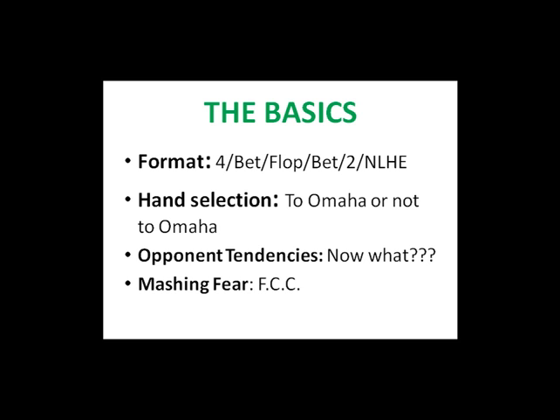So that brings us to the final point I want to discuss on the slide here, which is the three best ways to really abuse timid or scared opponents. And those are floats, c-bets, and check raises. I don't want to spend too much time discussing these individually right now, as we'll review them in our hand history